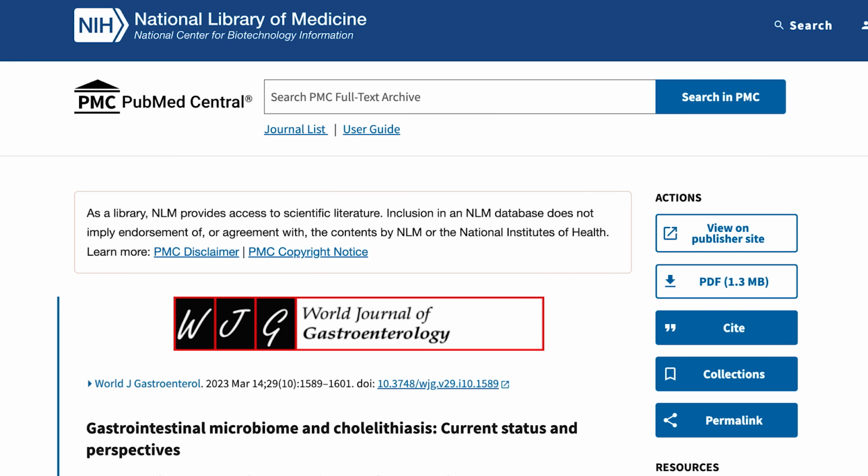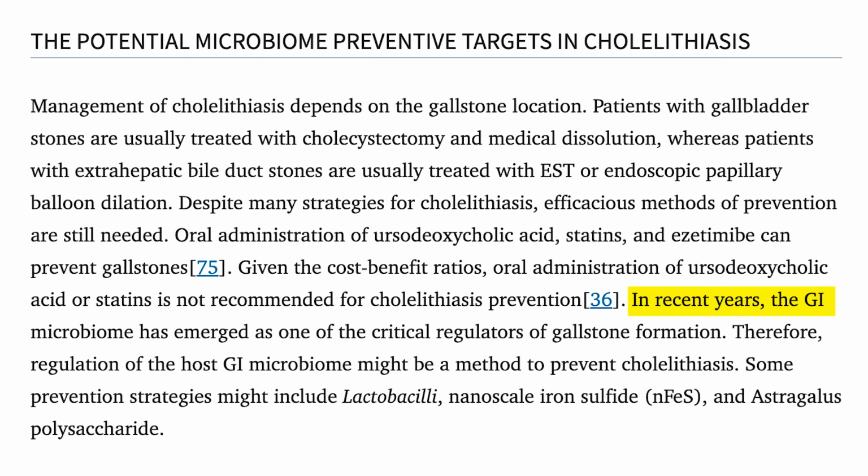15% of adults have gallstones. A higher percentage have gallbladder sludge. Here's a key point that provides a target therapeutically. Quoting a 2023 review paper, in recent years, the gastrointestinal microbiome has emerged as one of the critical regulators of